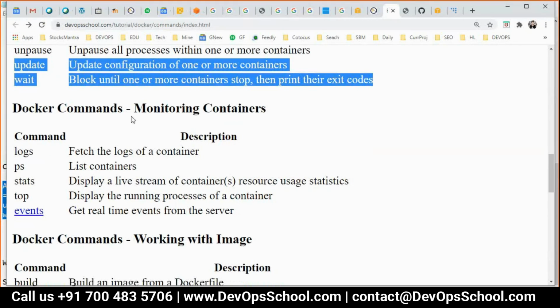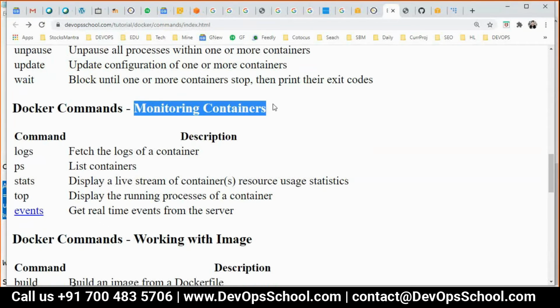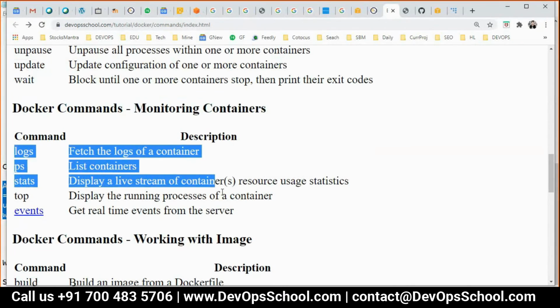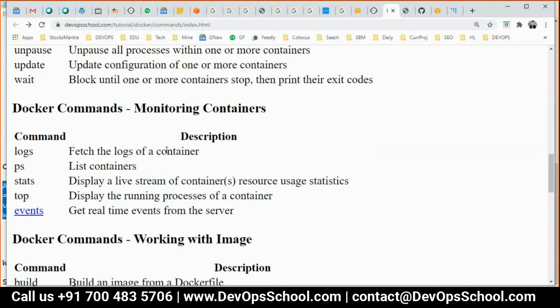Now I'll teach you how to troubleshoot containers, in short, how to monitor the containers. So guys, these are the 5 commands which are very powerful to monitor containers. Let's start using them one by one. Now if you look at this, logs. Here you have the logs command, which checks the logs of the containers. Now when I say logs of the containers, see that correlation.